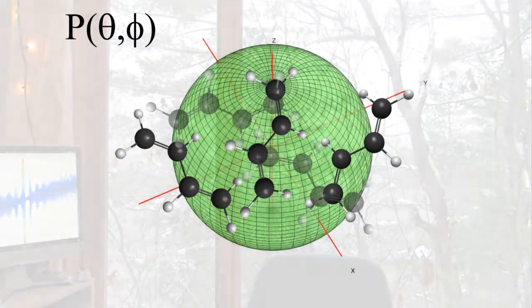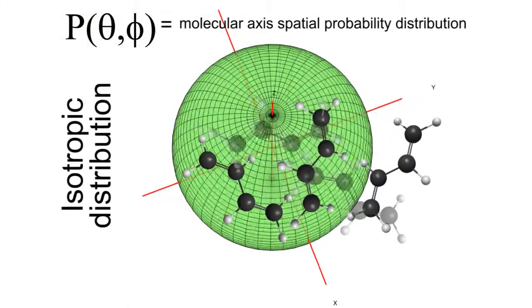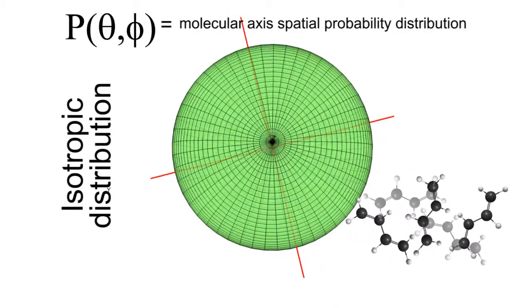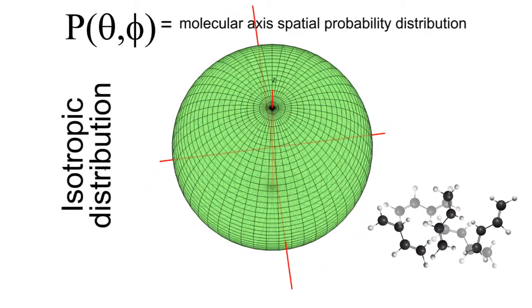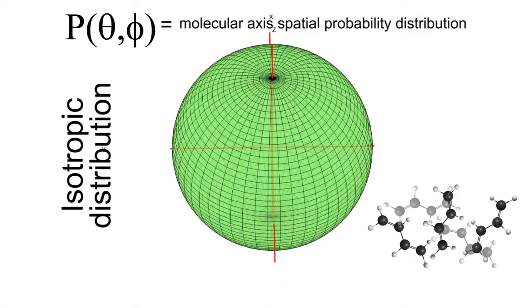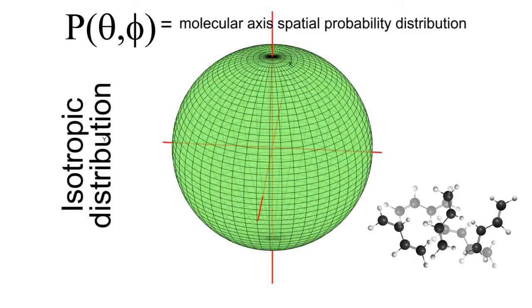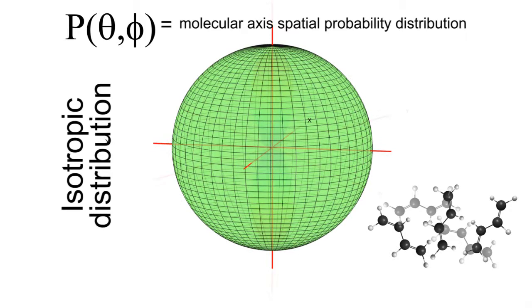Perhaps the most obvious example is the spatial alignment of the molecular axes. In the laboratory, the ensemble is isotropic, so there is no relation between the molecular and laboratory frames of reference. Any measurement we make is averaged over all molecular alignments.